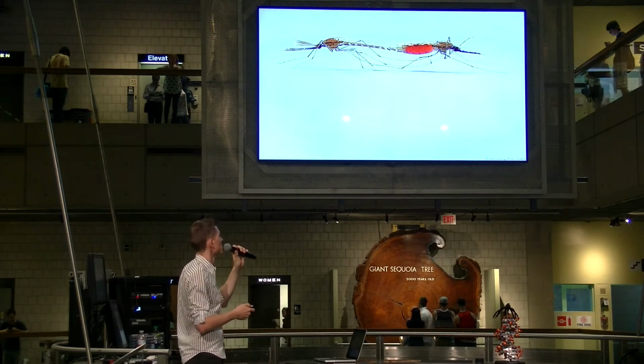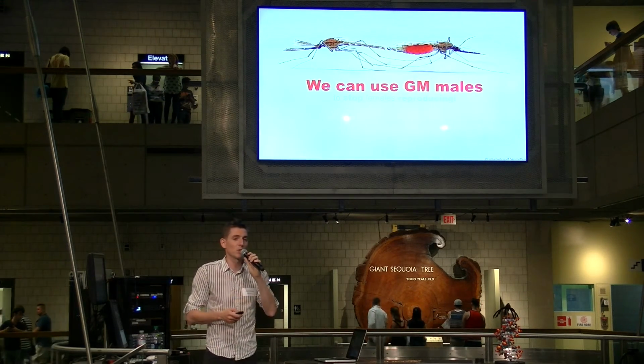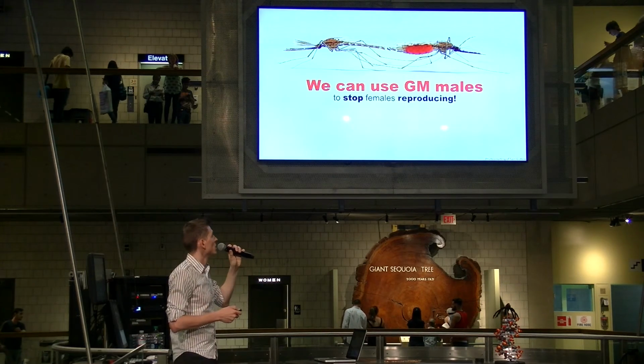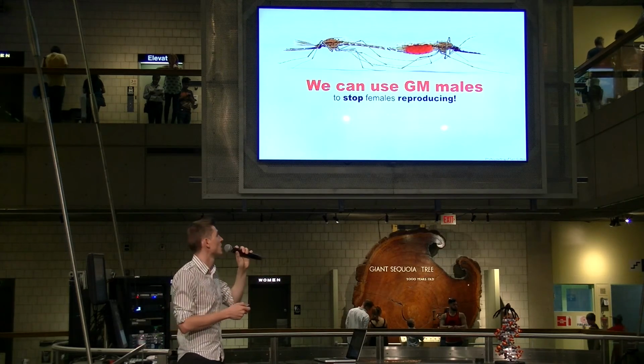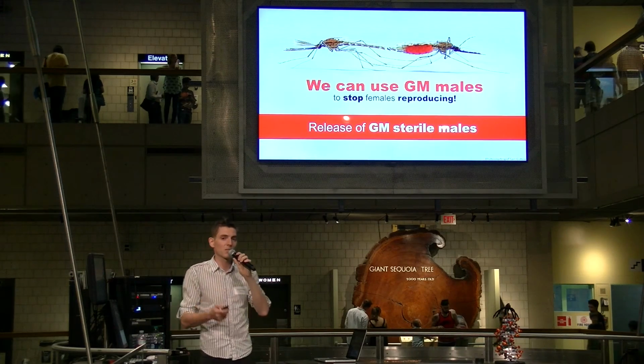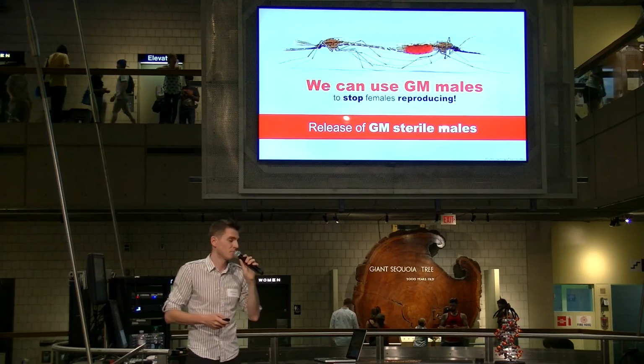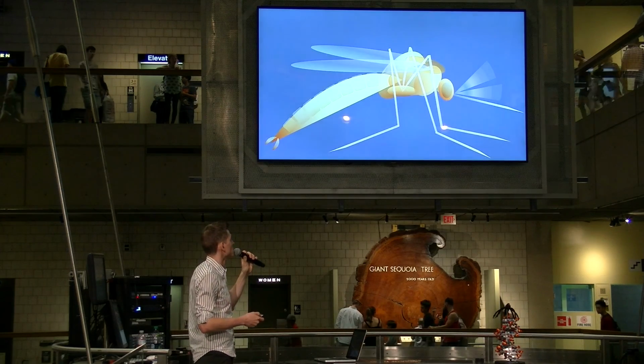And so our proposal is that we would use genetically modified males that are sterile, and we can stop the females reproducing by releasing thousands of genetically modified sterile males. Okay, so this is a